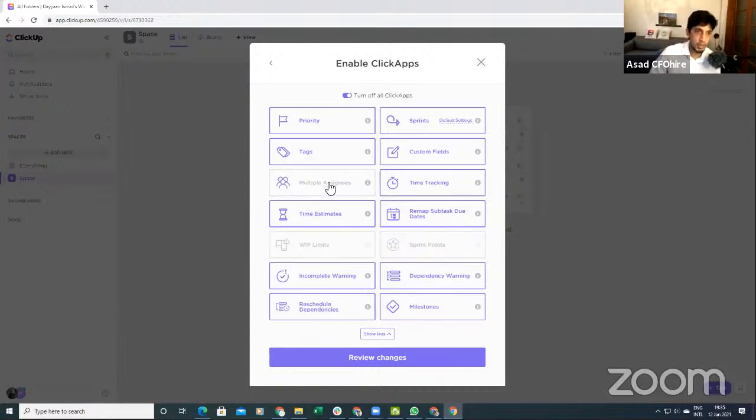You can have multiple assignees. So you can assign more than one person to a task. You can have tags. So you can tag your tasks for easier search. You can add priorities if you want. Okay, there's again the sprints. Then you've got the custom fields. Now, this custom fields is the power of ClickUp, and then we're going to go through the custom fields when